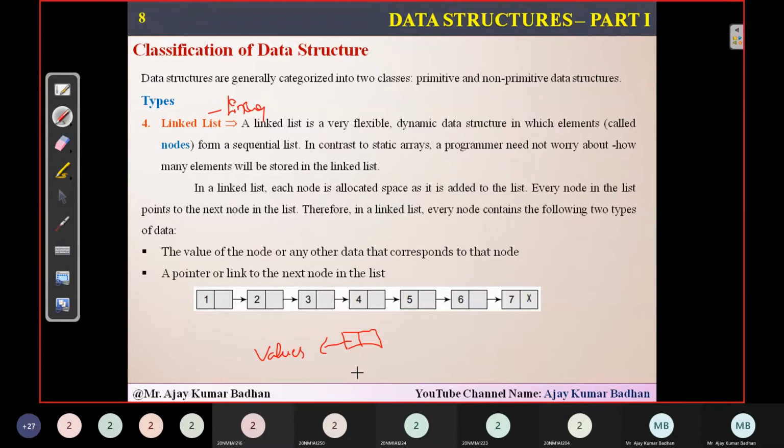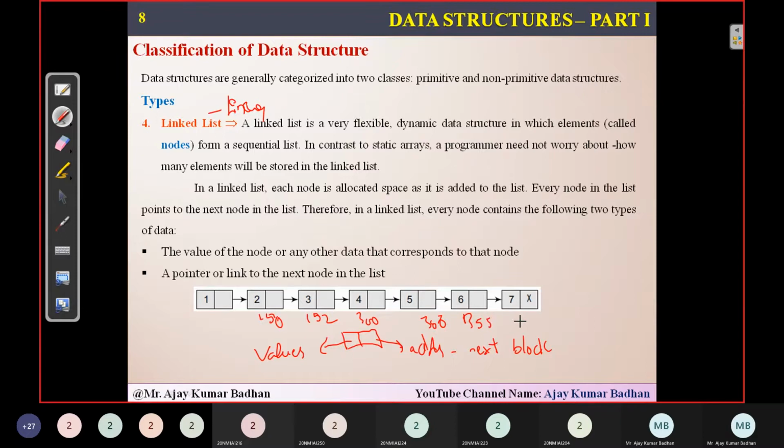And if you talk about the second space here in this particular scenario, the second space will consist of the address. It will consist of the address of the next block. What is the next block we have? That will be present in this particular scenario. So something like, as I told you, suppose this is 150, the address is 150, this is 152, this is something 300 or 350, or this is something 355, or this is something 400.